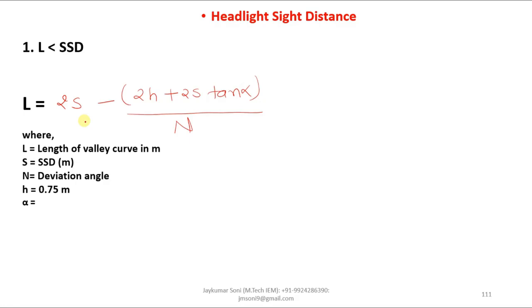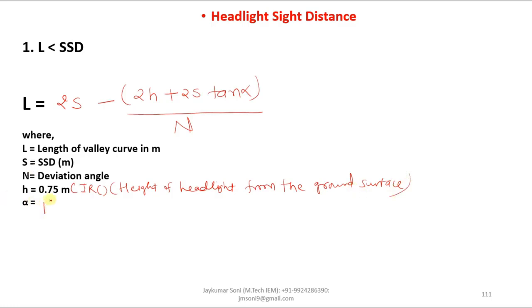Now the other criterion is where L is less than SSD. In such case, the equation for L is 2S minus 2h plus 2S tan alpha, divided by N. If we put the value of h equals 0.75, which is the IRC criterion, which is the height of the headlight of the vehicle from the ground surface,